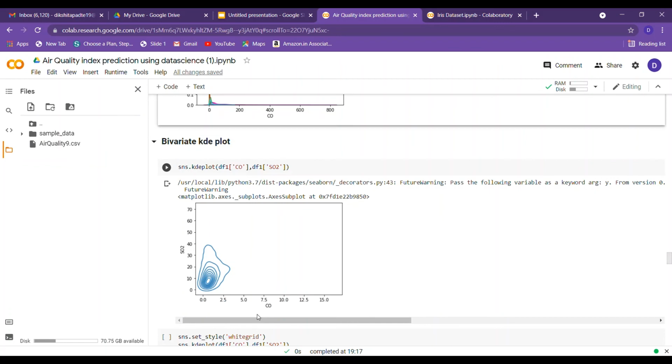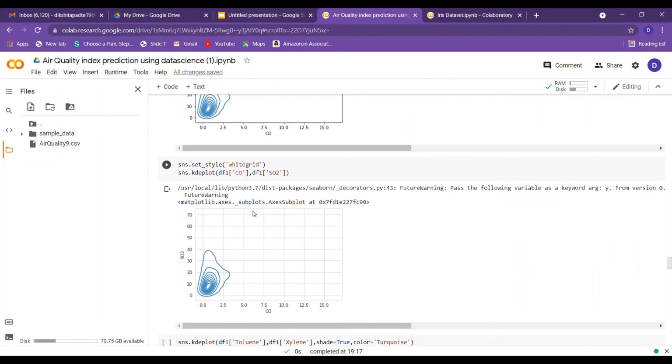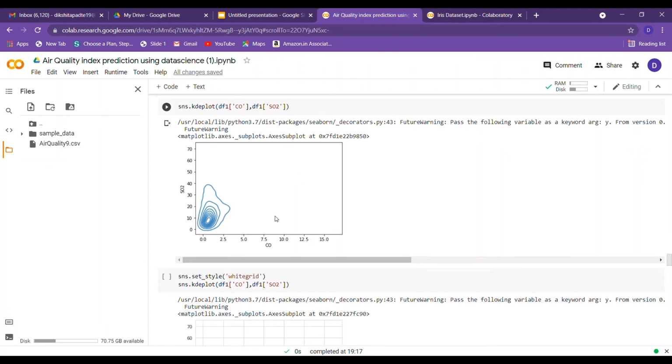Now let's have a look at bivariate KD plots. Bivariate KD plots use two features for representing the data or data visualization. So here you can see that we have used carbon monoxide and SO2 as our two features, and this is the plot with respect to that.